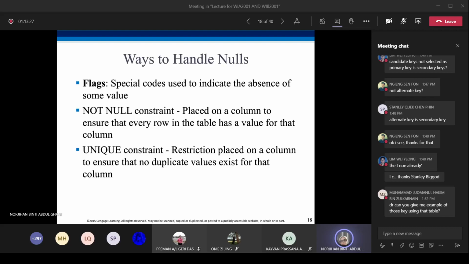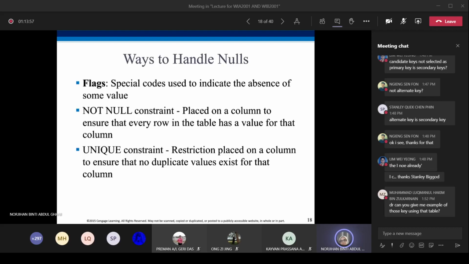It is absent for the time being, meaning that we can put the value in later. The second approach that we can use is to implement the not null constraint, which ensures that every row in the table has a value for that column.